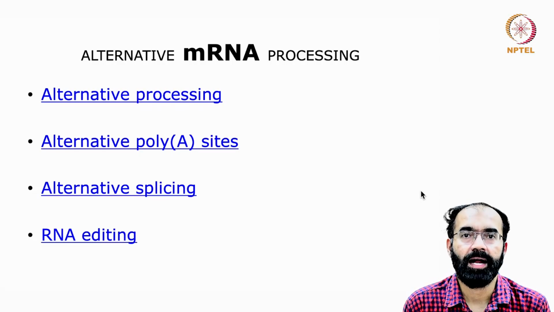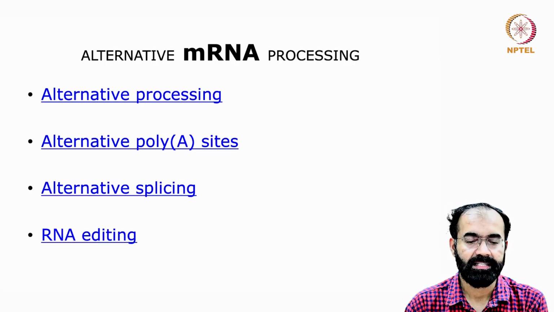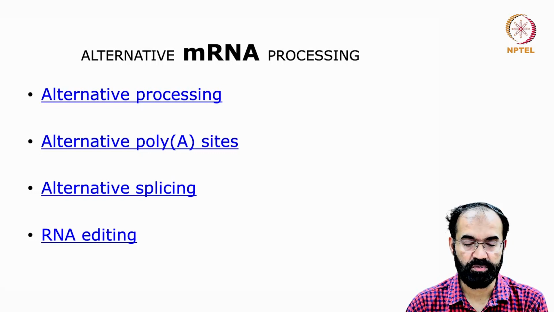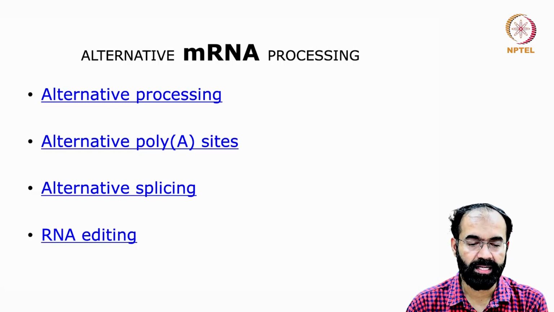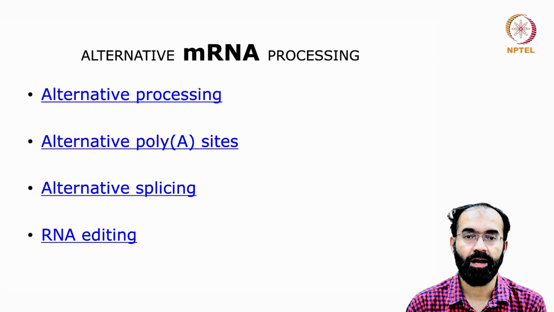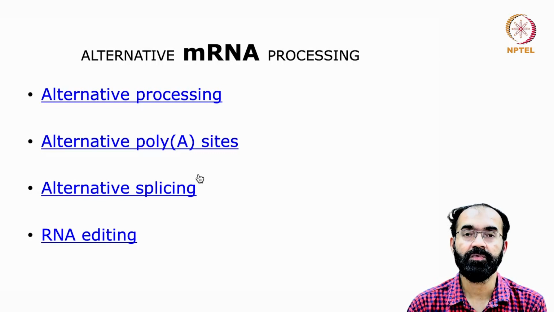Welcome back to another session of RNA biology. In the last class we were looking at alternative mRNA processing, and it can be done in 4 different ways. One, as the name itself says, is alternative processing of different promoters. We will see them in detail. Then utilization of alternative polyadenylation sites, and then alternative splicing,